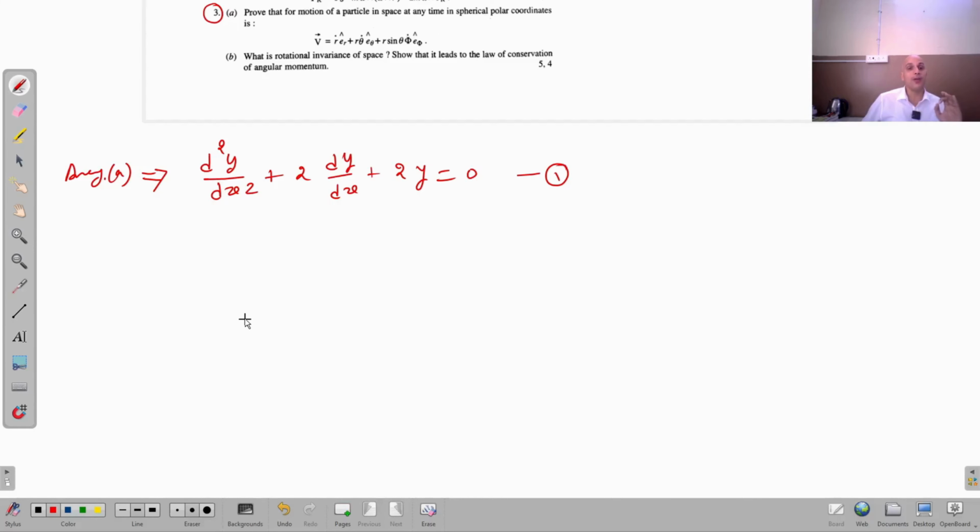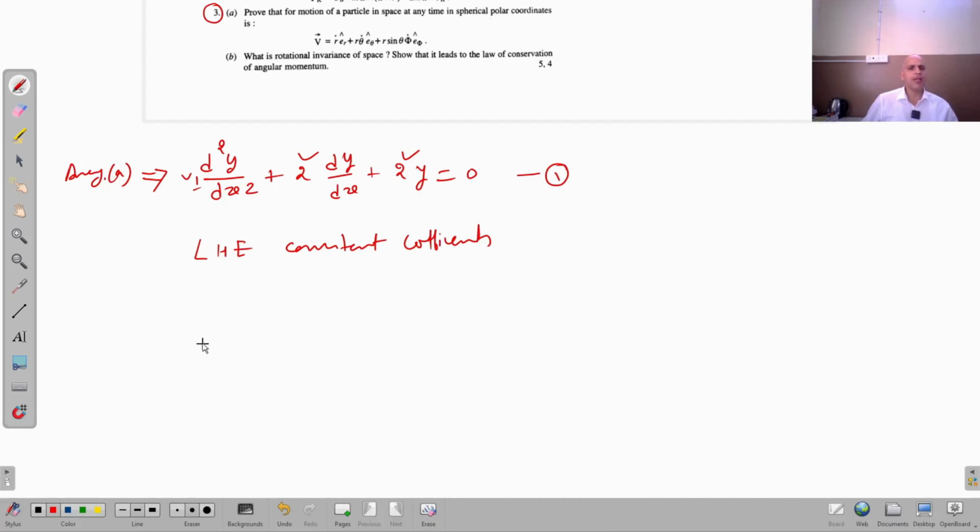This is a second order linear homogeneous differential equation with constant coefficients, right? You can see the coefficients are constant, right? You can say 1 here. So this is a second order linear homogeneous differential equation,